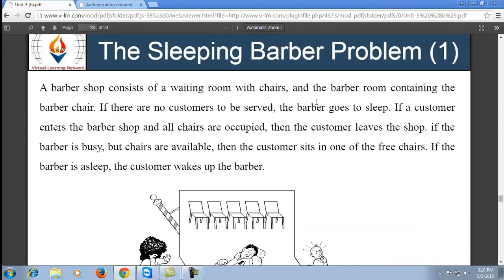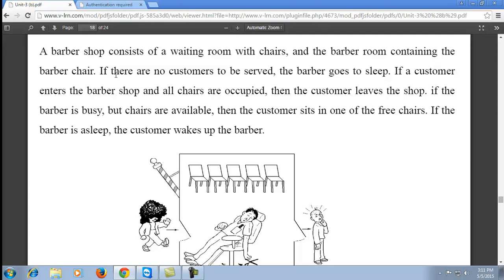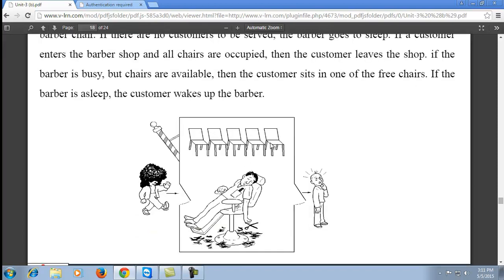This is another problem, which you can call the sleeping barber problem. A barber shop consists of a waiting room with chairs and the barber room containing the barber chair. If there are no customers to be served, the barber goes to sleep. If a customer enters the barber shop and all chairs are occupied, then the customer leaves the shop. If the barber is busy but chairs are available, then the customer sits in one of the free chairs. If the barber is asleep, the customer wakes up the barber. In both cases,